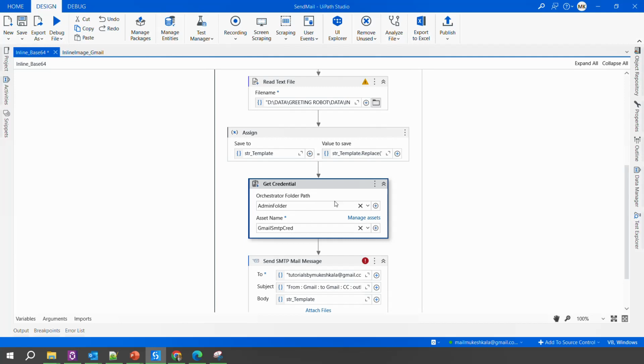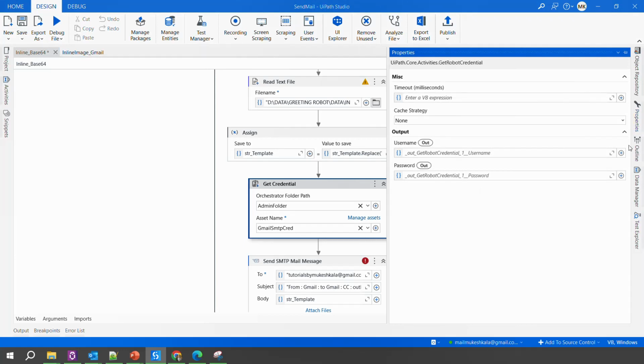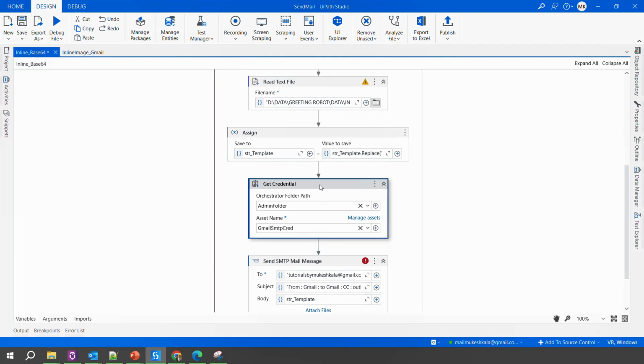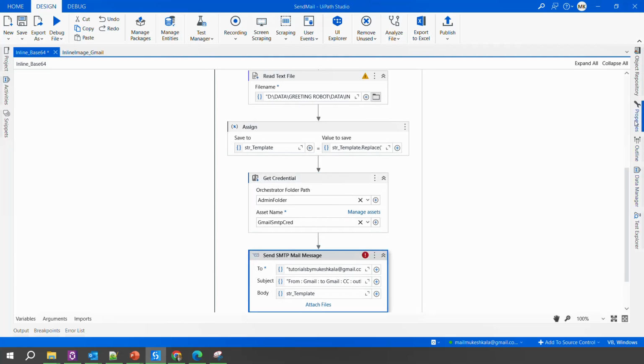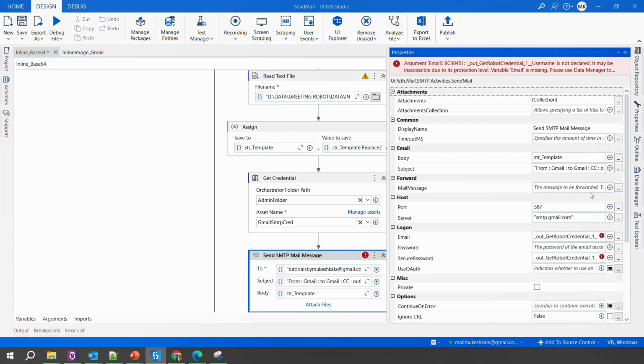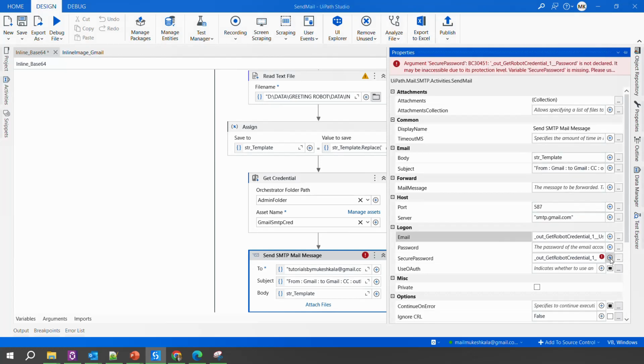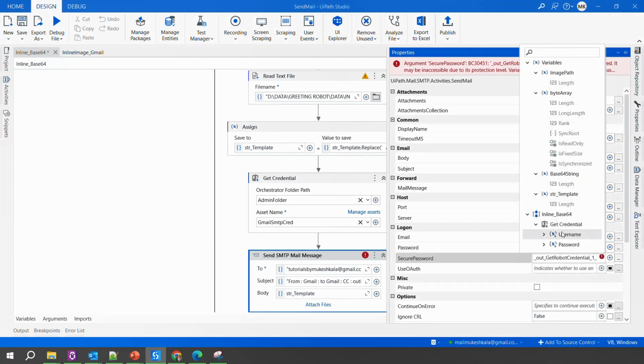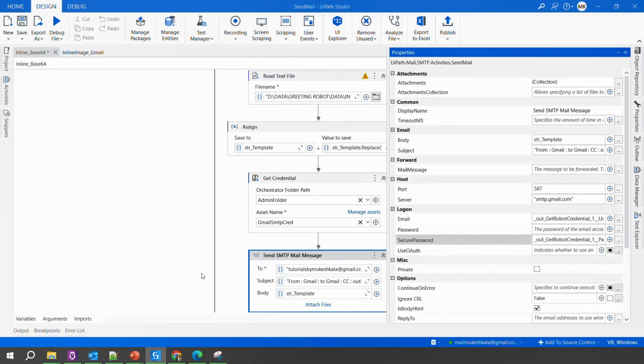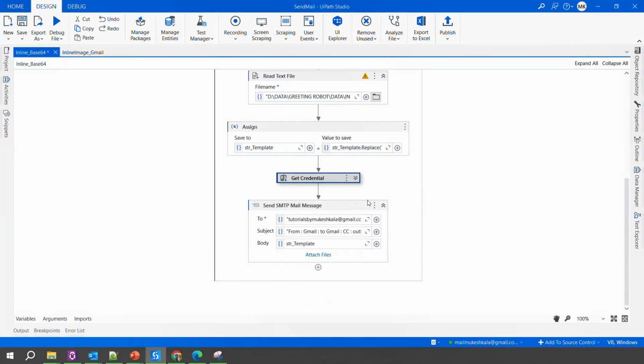I am asking UiPath to get me the credential for my Gmail which I have stored in the orchestrator. It is going to give me in these two variables. Username and the password from get credential will come into send SMTP. Go to the properties, and in here I'll just change the variable to get credential username, and here also I'll say use variable get credential password. Okay, so this username password are passed here, and now in this same send SMTP everything is exactly the same,